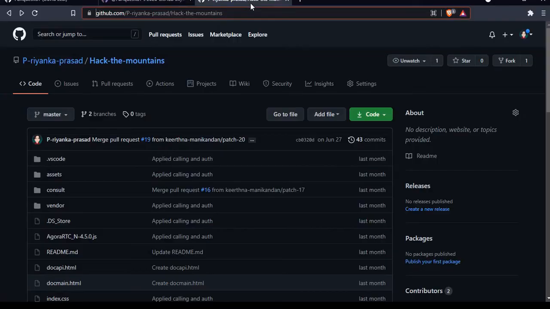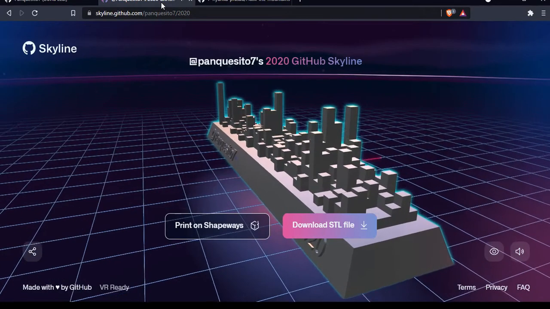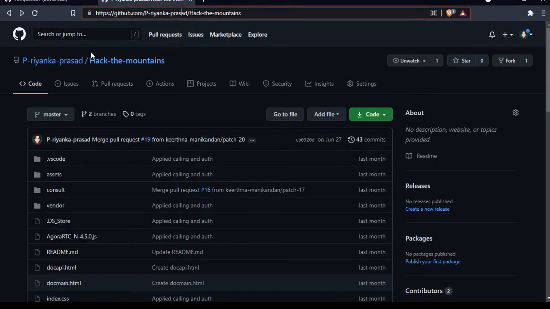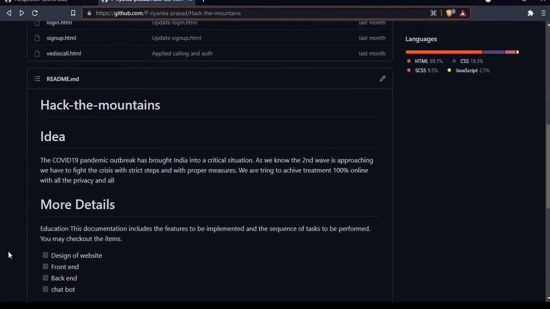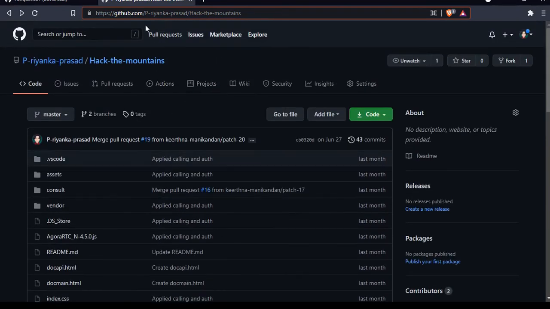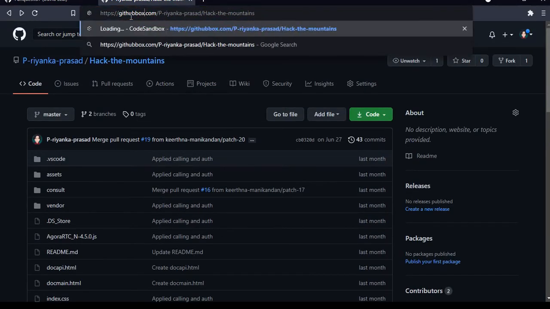And the next one is, I guess, pretty useful for all of you. If you want to see a live preview of the code you have made, you can go into the repository. Here I have taken the example of one of the projects that I have made. In the main file where your project is, just type in box in front of GitHub.